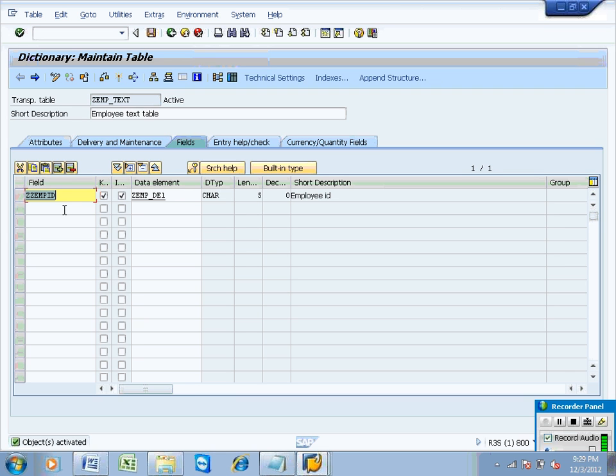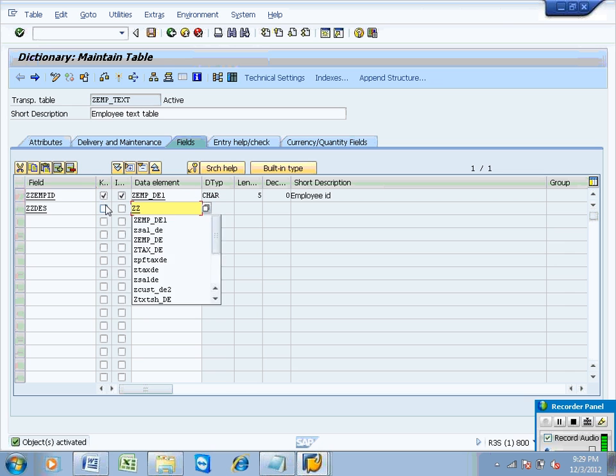Now I would like to have another field like GG description. Text data means descriptive data. Now for descriptive data I am not selecting a key field. This is not a key field, but whenever you define tables, you really require at least one field as a key field. Without a key field you cannot define a table, and a table can have key fields up to 16 only. More than 16 is not possible.